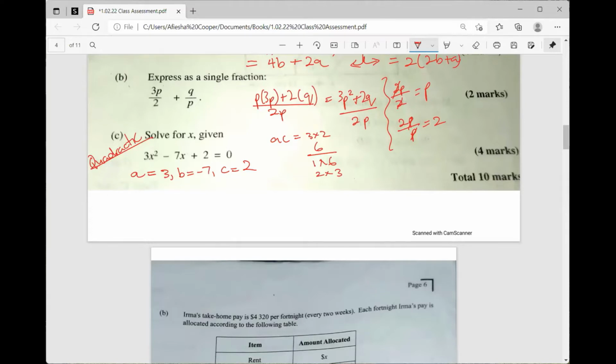But if I do -1 by -6, I'll get +6. And if I say -1 minus 6, I'll get -7. So -1 and -6 are my two numbers. So I rewrite my stuff, 3x squared minus x minus 6x. So remember, this is just 1x plus 2 is equal to 0. I factorize, I just take out my x here, 3x minus 1